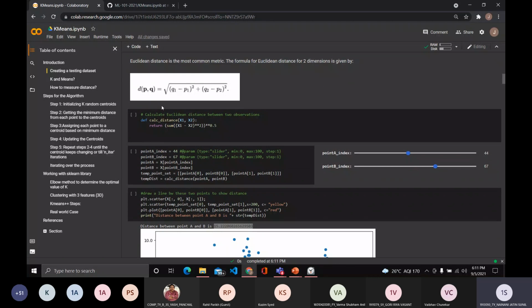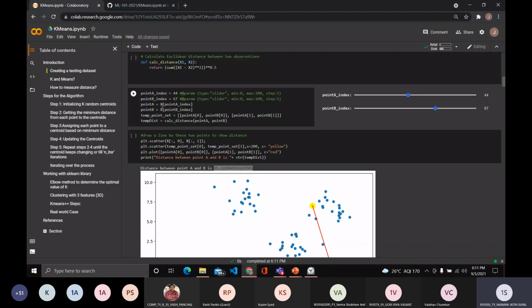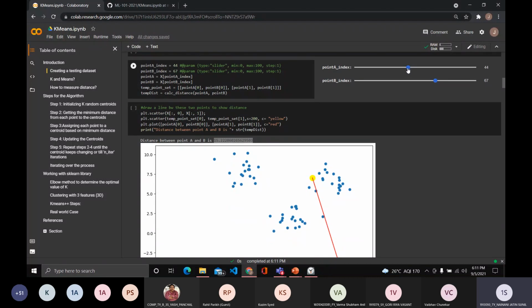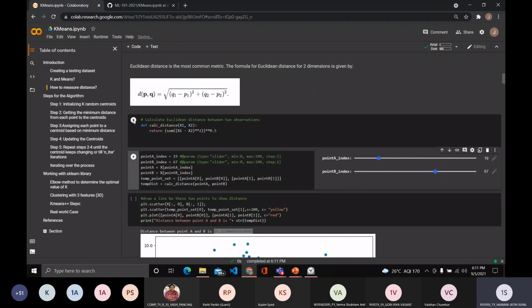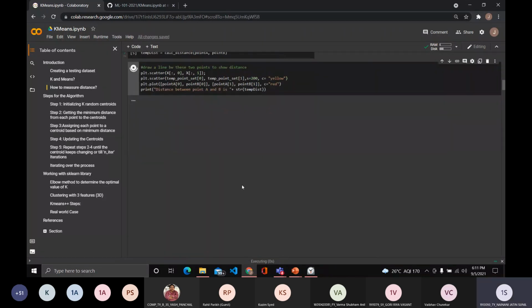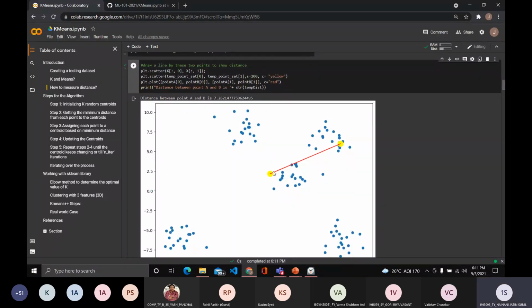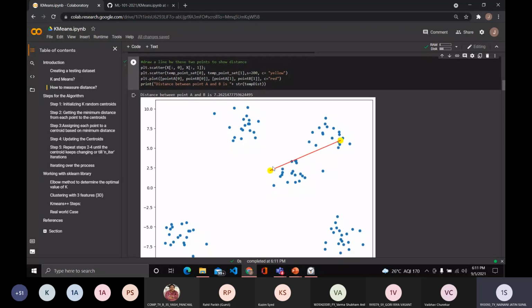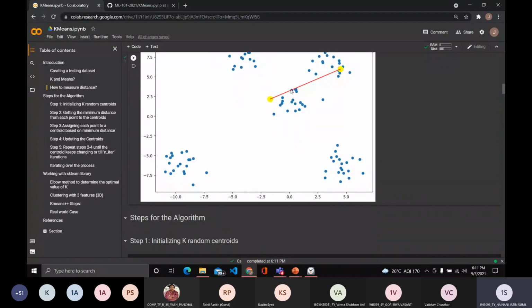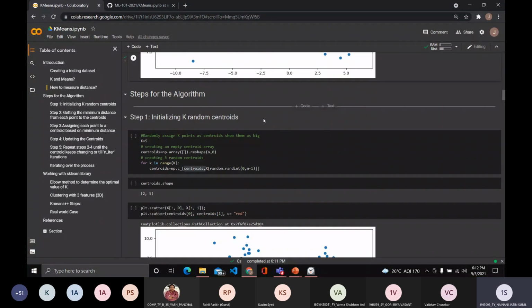Before we start with the steps for the algorithm, I want everyone to properly understand the main step in the algorithm, that is distance calculation. You can play around with this basic code: run this function first, choose whatever index you want, and run it. It's a visual way to represent the distance between them. It's 7.26. This is the step that's going to happen a lot, and the reason I kept this here is because while explaining the steps, I'll refer to this again and again.